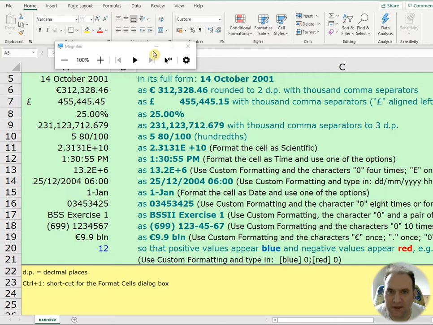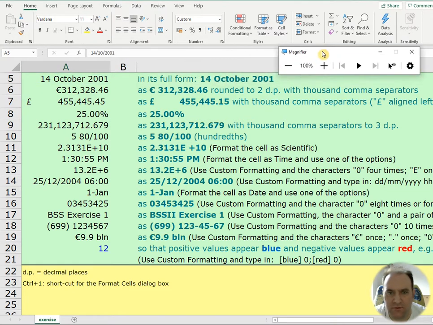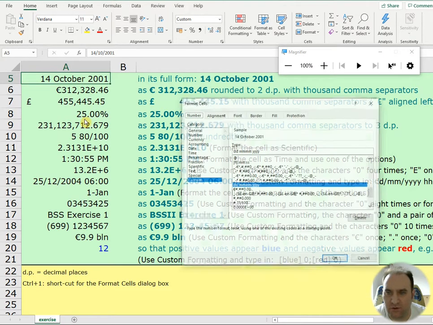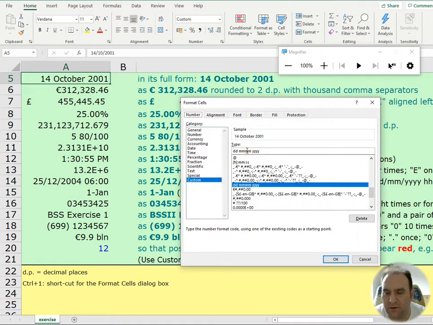Welcome to this Exercise 2, formatting cells. How do we get these things to look like you need them to? Well, let me show you how to do this one. If I go to the first cell here, I'm just pressing Control and 1 here, and you can see that